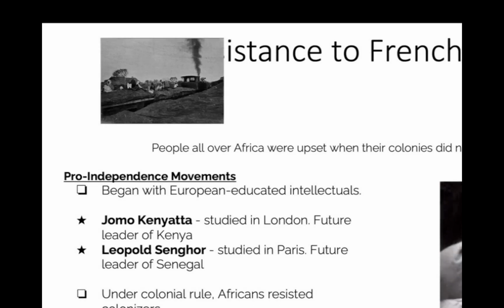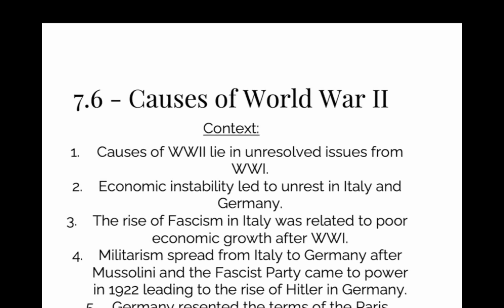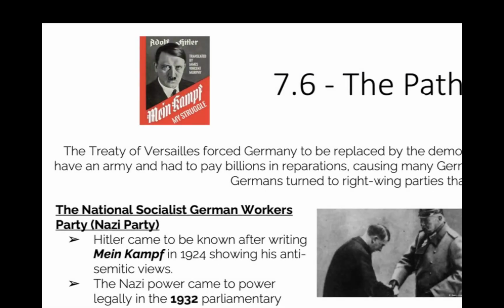Resistance in West Africa. Now, you need to know all the people in Africa are pissed as well because they wanted their independence and they didn't get it. Now, let's get to 2. World War II. Here we go. You need to know that fascism is going to create competition between these nations, specifically when Germany gets it. We also have countries voiding the Treaty of Versailles. The first country to do it is